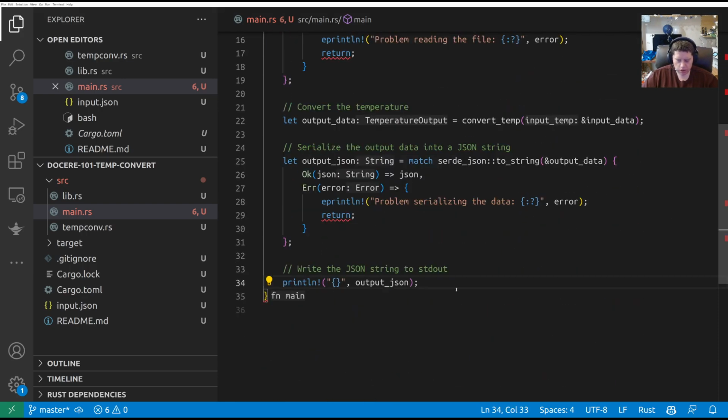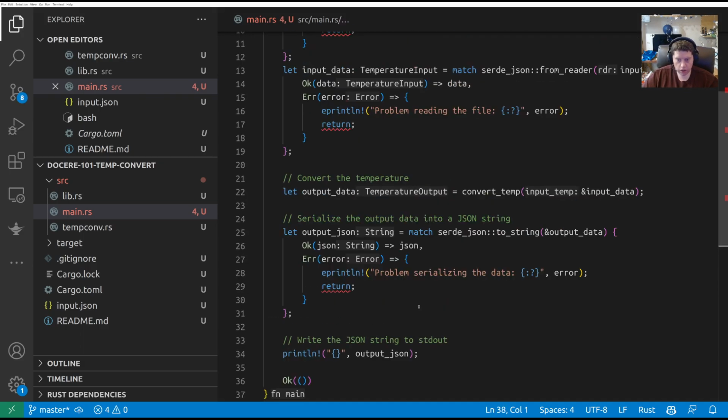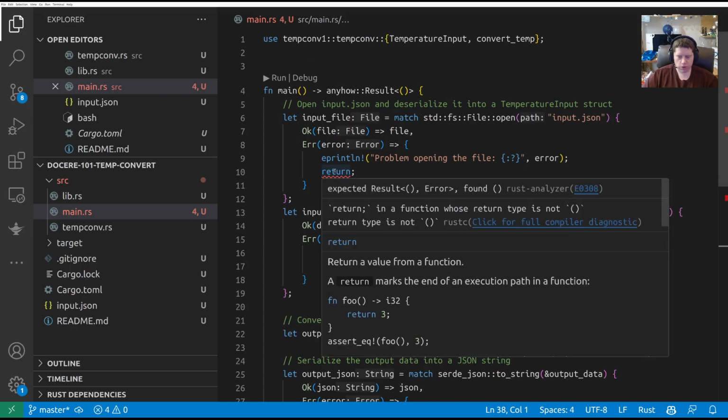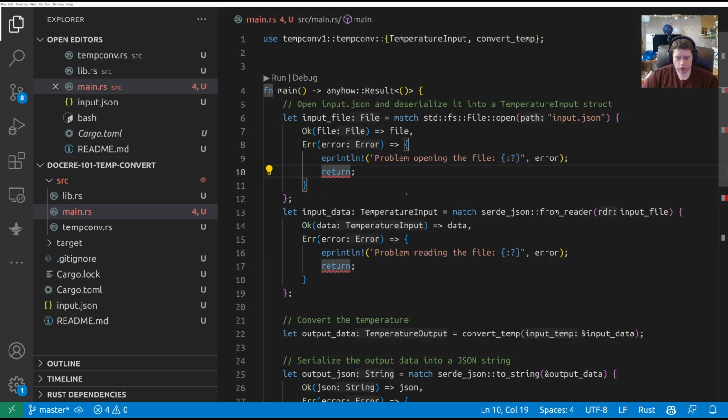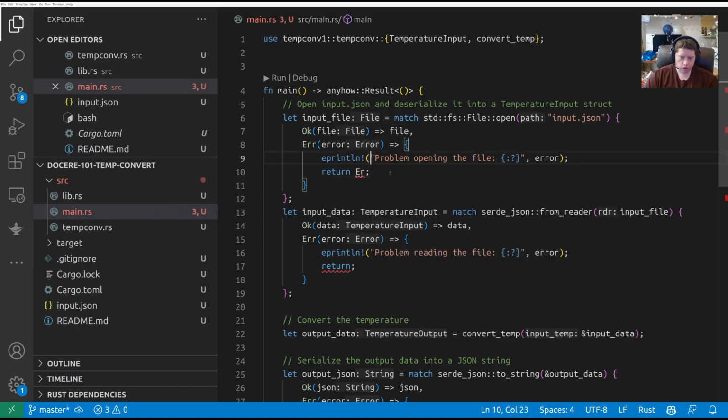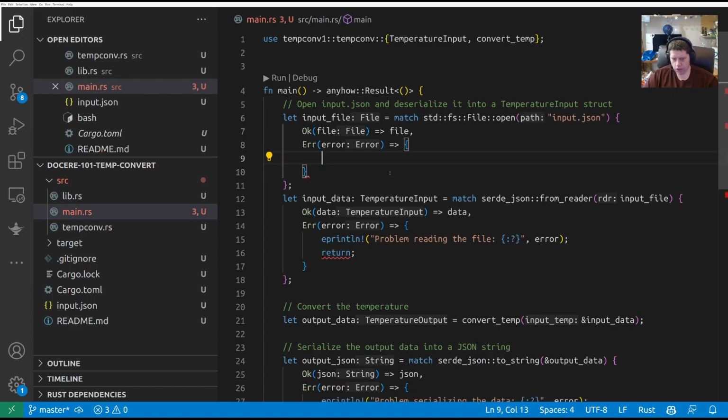And at the end here, I have to return Ok. In fact, these are all giving me errors now because they're not returning results. I would have to return errors and all that. But I'm going to eliminate, well, I won't eliminate this. Anyhow